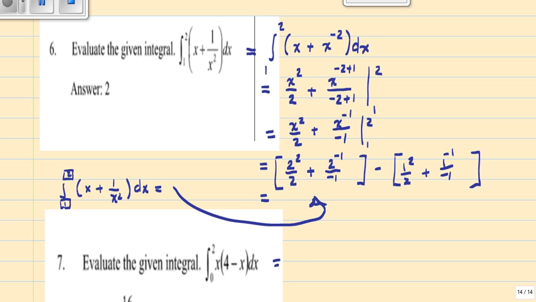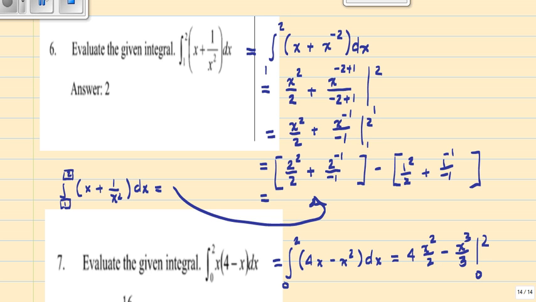Second question, one step in between, you have to multiply first. So you're going to have the integral from 0 to 2 of x times 4 is 4x minus x squared dx. Now you can integrate. So this is going to be 4 times x to the power of 2 divided by 2 minus x to the power of 3 divided by 3, limits from 0 to 2, and do exactly the